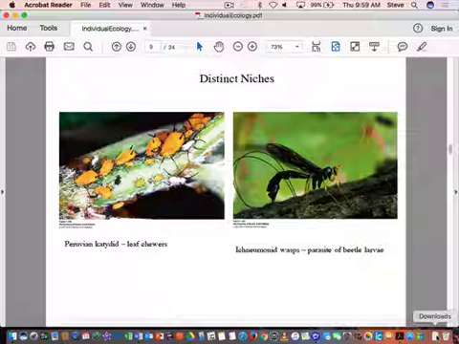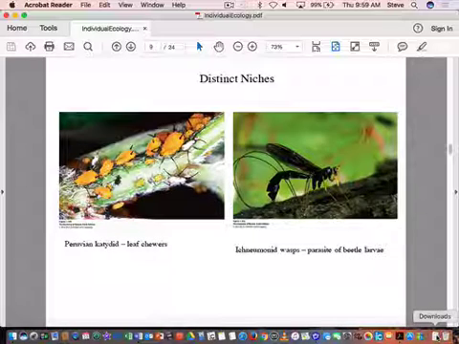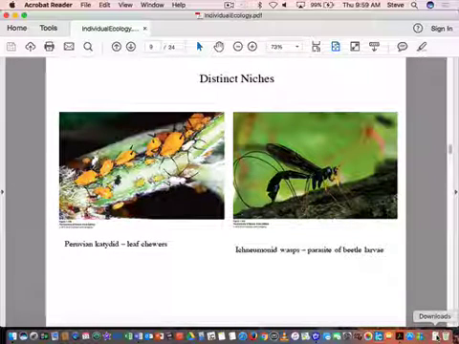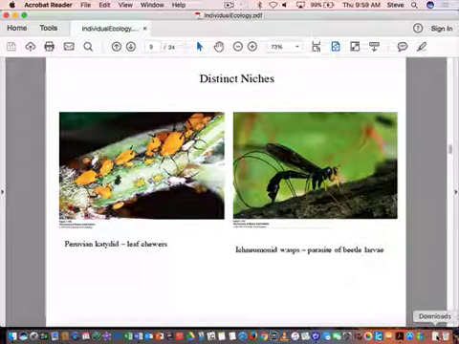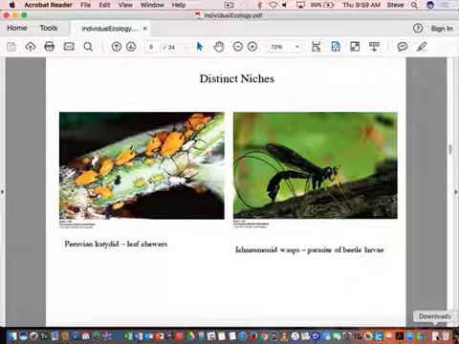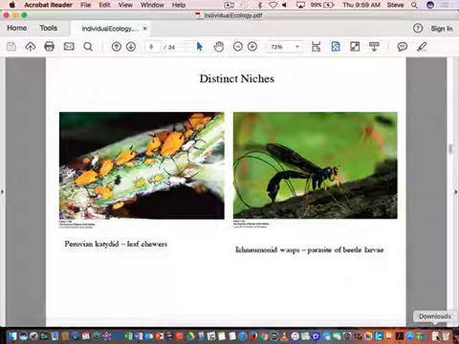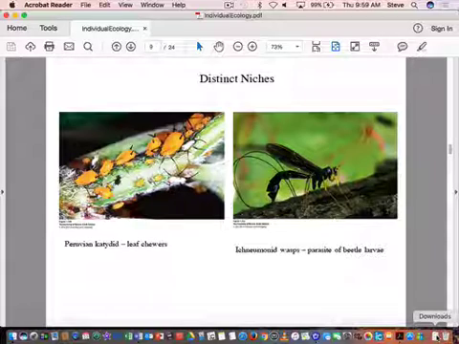This is an ichneumonid wasp. And what do you think that does for a living? And what's the thing that really strikes you as odd? Well, the antennae do, but look at the other end. Yeah. These are parasitoid wasps. Remember the example in class? Ichneumonid wasps are the major wasp parasitoids in the world. They're all over the place.